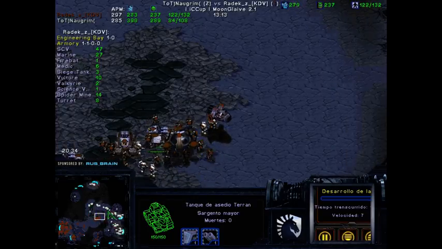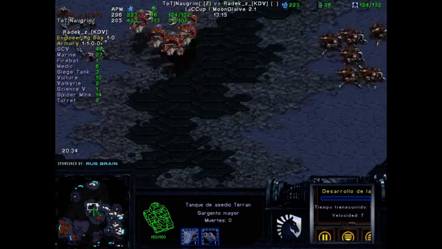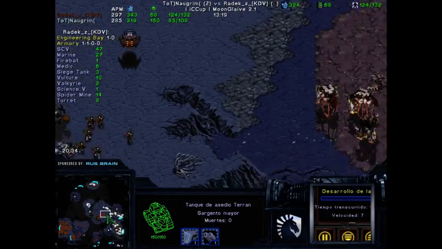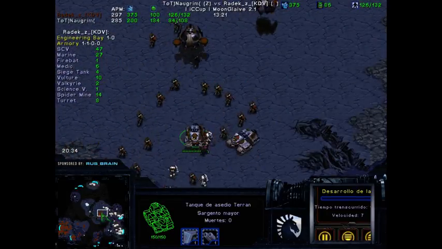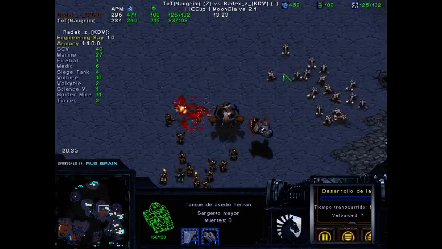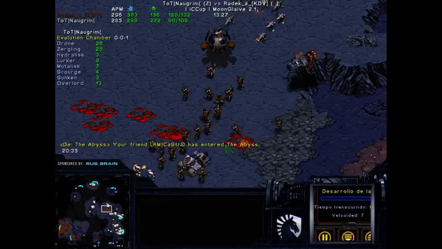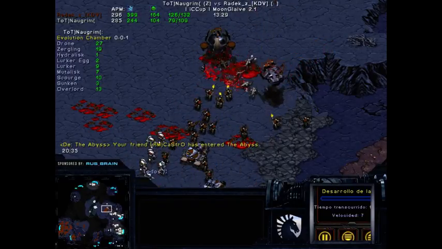Now, you see this concave here? This is trying to wrap around this army, and it's not a bad concave, but unfortunately it's going to get caught out of place, so... Okay, so Naugrim is trying to get ready that attack, and oh...